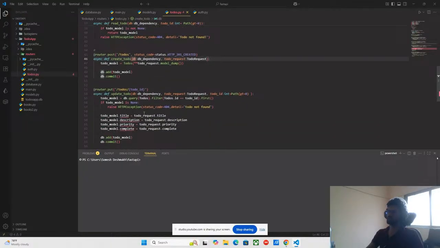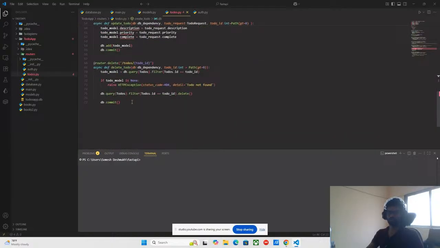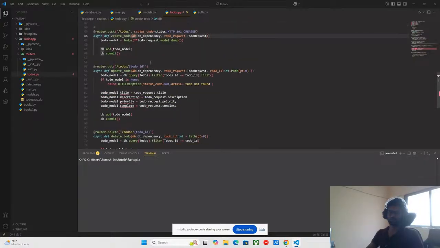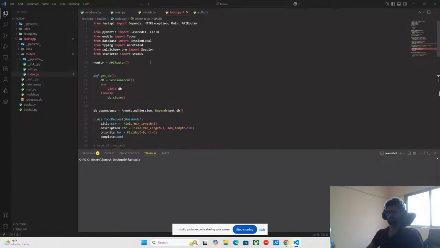Then editing a to-do, that is a put request, and deleting the to-do, that is the delete route. This file was created and put into the routers folder, and now it's time to import it inside the